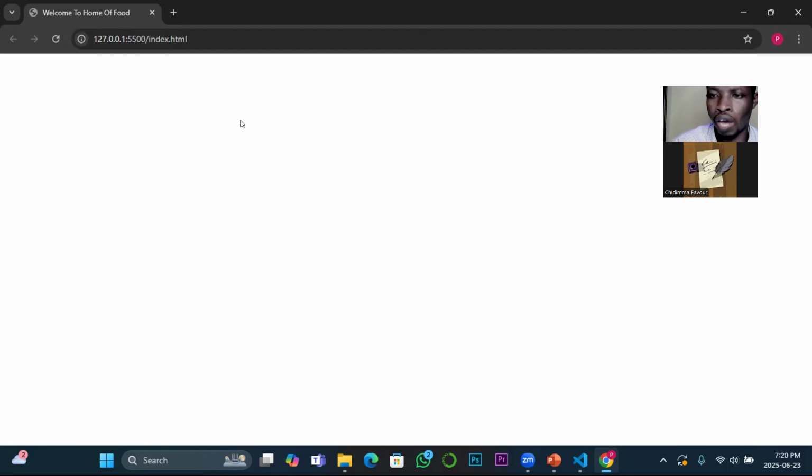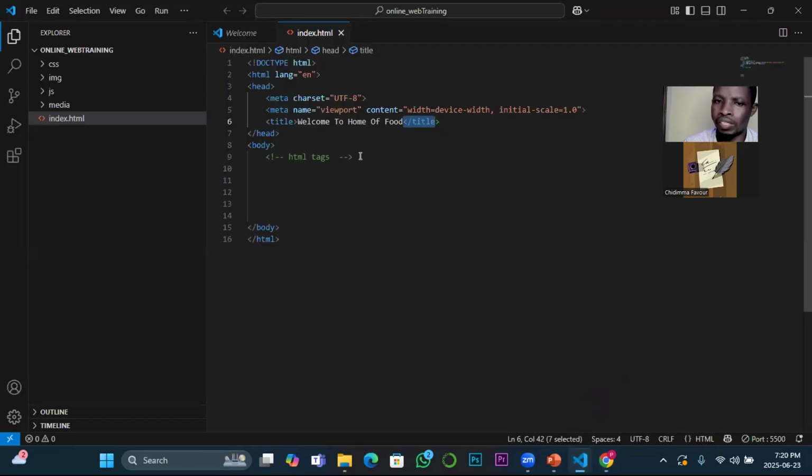So the same thing if I want to publish a heading, because about Delicious Food is a heading. If I want to publish a heading, there are about 6 different tags that can be used to create headings within your website. So I just want us to know that for every content you want to create, you need to factor out the corresponding, the right tag for achieving that. So I want you to watch what I'm going to do. Like I said, the tags here is